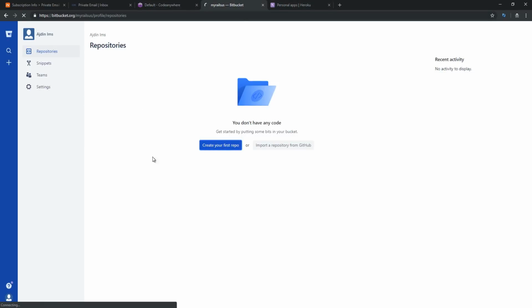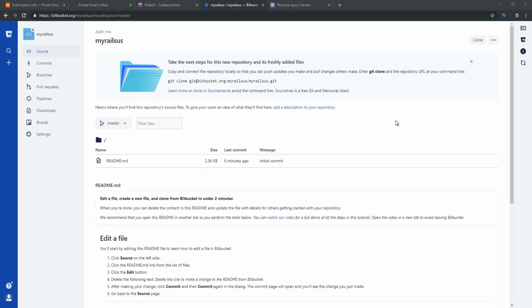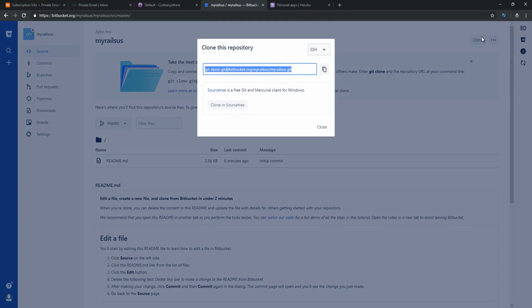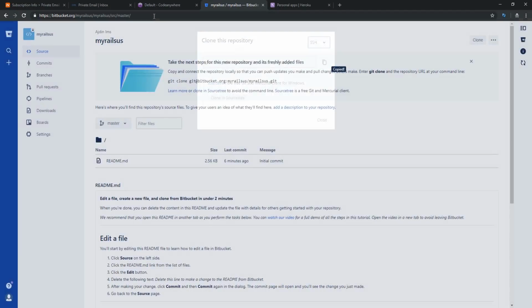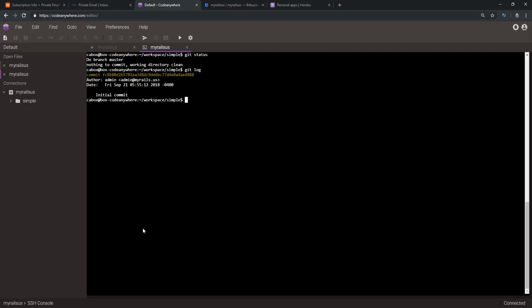So we'll create our repo. Repository name is going to be myRailsUS. Create repository. Now we'll copy the git SSH URL by clicking clone and pressing the copy button. And now back in Codeanywhere, I can run git status, git log, and now I'll type git remote